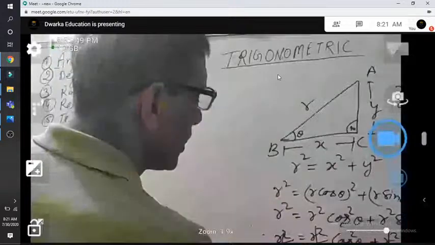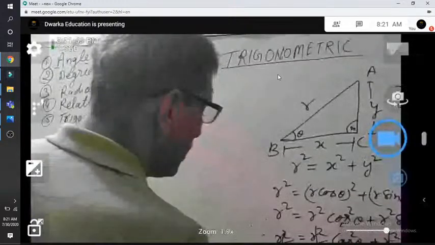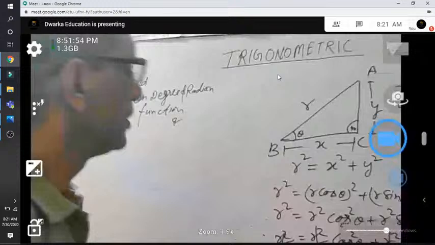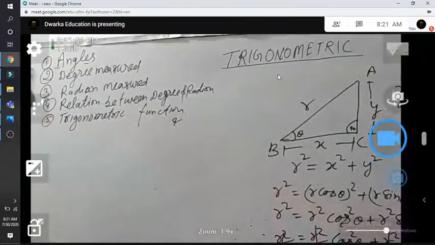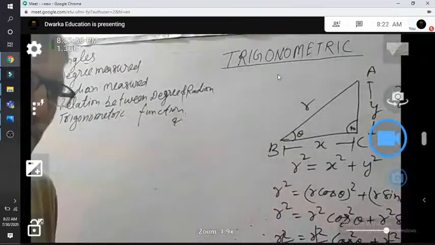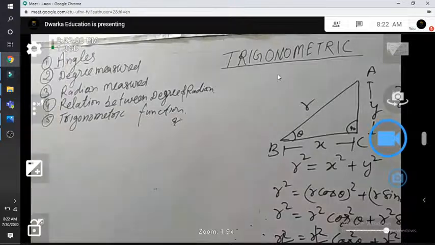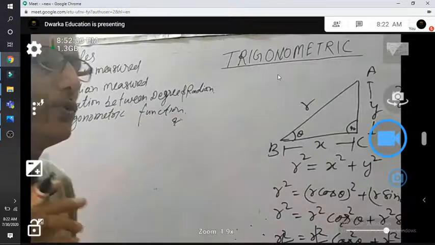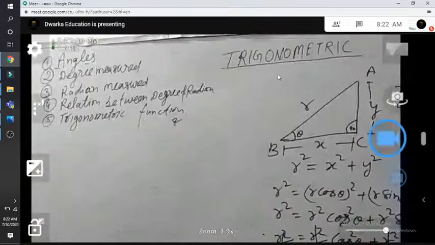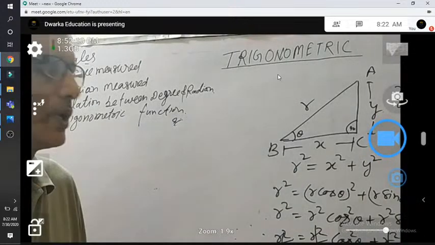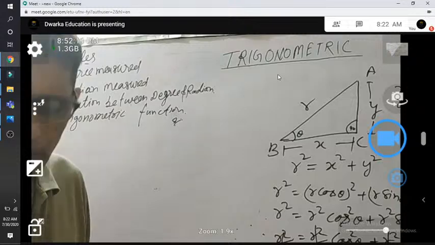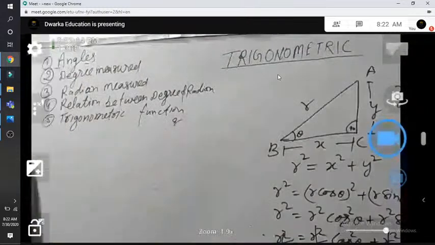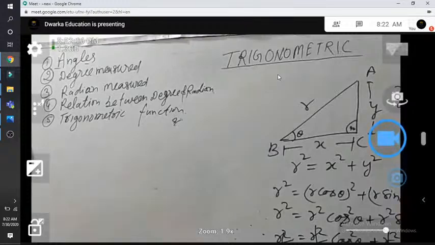This is the first identity in trigonometry. Sin square theta plus cos square theta is equal to 1. सबसे पहले ये फॉर्मूला आपको याद होना चाहिए। जो भी नए स्टूडेंट्स ने ज्वाइन किया है उनको ये फार्मूला बिल्कुल याद हो जाना चाहिए। इसी फार्मूला से हम 3 फार्मूला निकालेंगे।